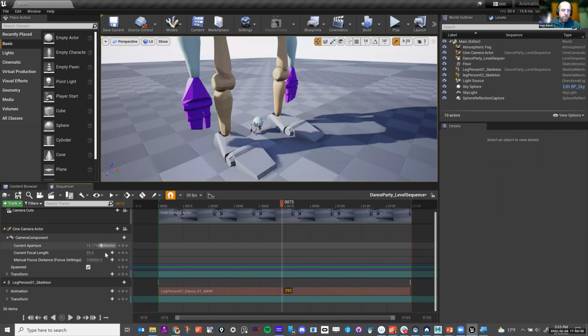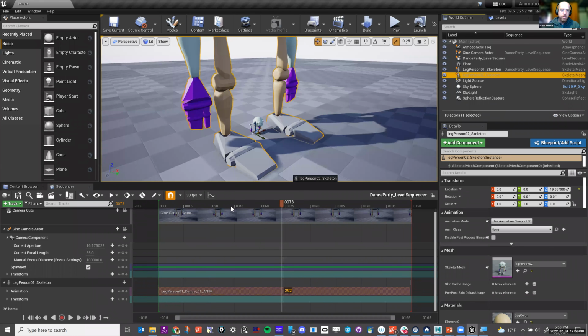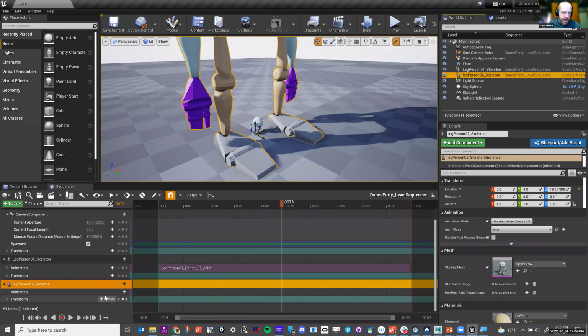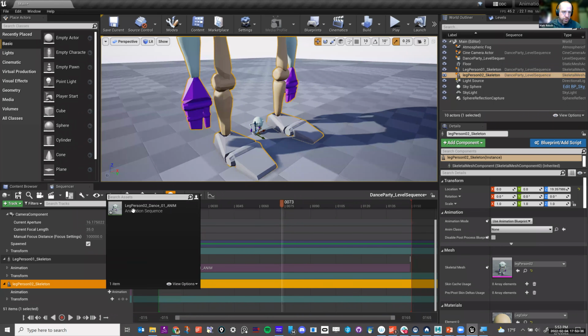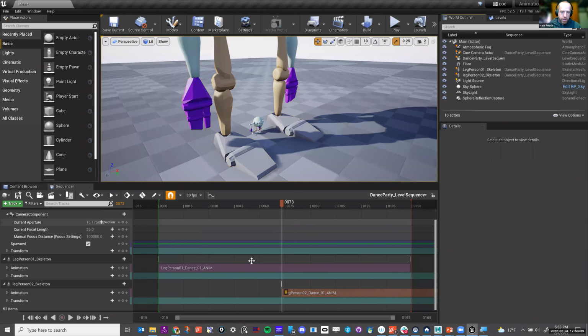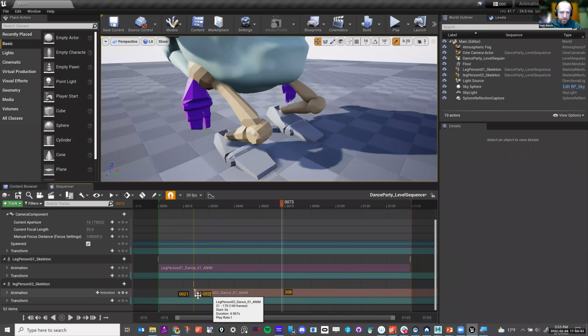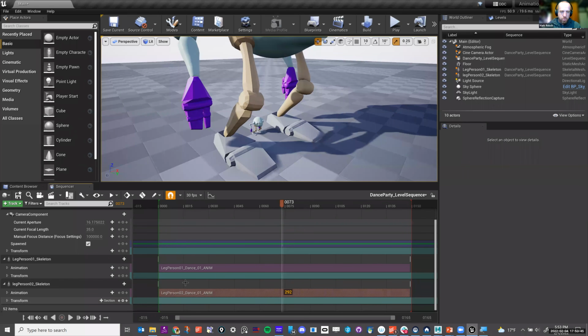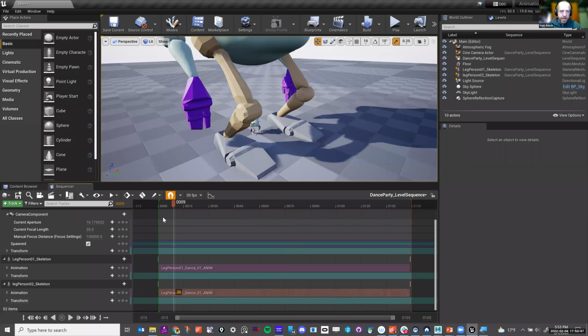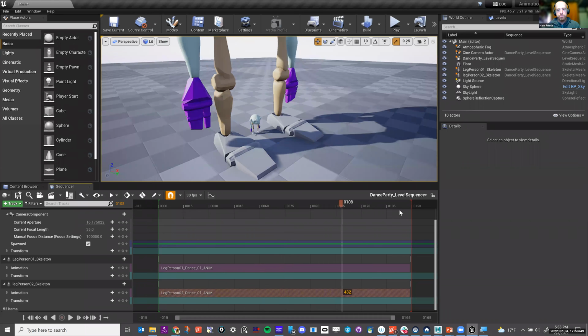If I want my character person 2 to go, I left mouse click and drag person 2 to the bottom. And then I can click on animation, associate leg person 2. And you can see it put it wherever the timeline is. And I can just drag this back down, so you can change where that happens. But if you do it at frame 0, then it'll just pull it in right away.